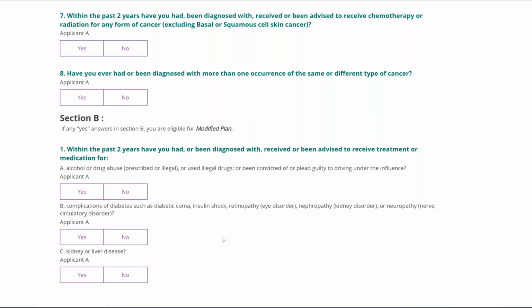Man, I've run into this so many times with women that have had breast cancer, men that have had prostate cancer. You know, a lot of times with prostate cancer, they have the surgery and, like, one treatment of radiation and they're done. So as long as they haven't had any treatment in the last 2 years, guys, you can mark no for